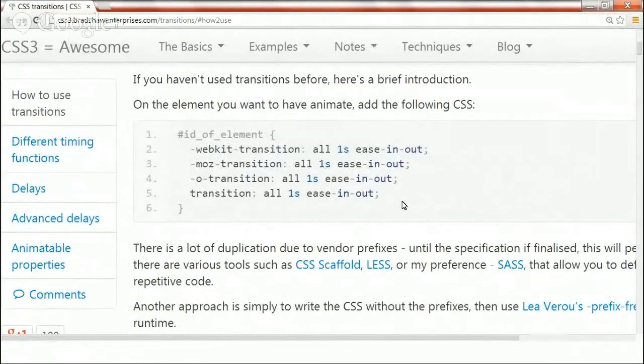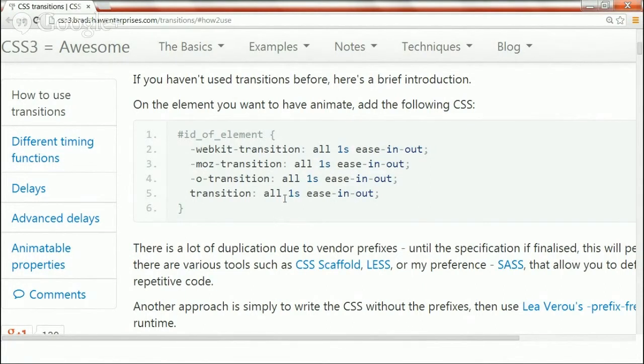So if you need to set a transition animation for an element, you need to declare the shorthand property as transition. The other shorthand properties are WebKit, Moz, and O with the browser prefixes. WebKit is for Chrome, Moz is for Mozilla Firefox, O is for Opera. So this shorthand property is used to set the other four transition properties. Those are, first, the transition property.